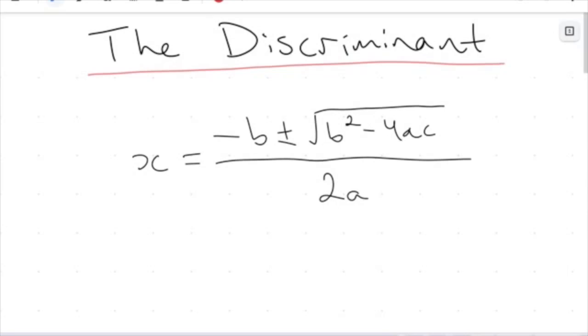Now we've talked a lot about the quadratic formula and solving quadratic equations by completing the square and all these new methods. In this last video we are just going to take a slight deep dive into the quadratic formula that I've got written down here. We are going to examine a small part of this, look at some shortcuts, and see what that part of my quadratic formula tells me about the amount of solutions I would